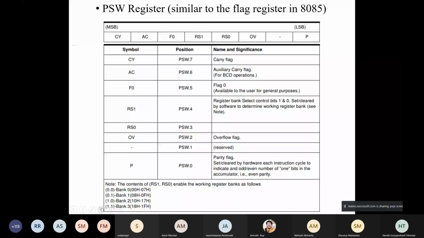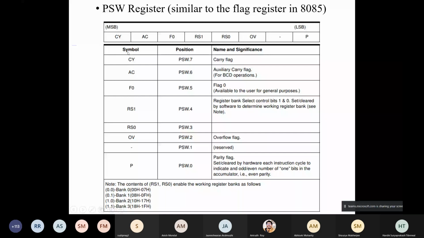So as I said, you have to memorize. Even I don't personally memorize these things. I used to memorize this while I was a student, but now I go by logic. To be very frank, I only go by logic, and that is the best way, and that's the professional way. In industries, you will be asked to go by the proper method, and you can always refer back to these data sheets again and again. But for exams, obviously, in this online exam, you will always have this reference. But earlier in offline exams, people used to memorize it by heart. That was a requirement. So let's start with PSW.